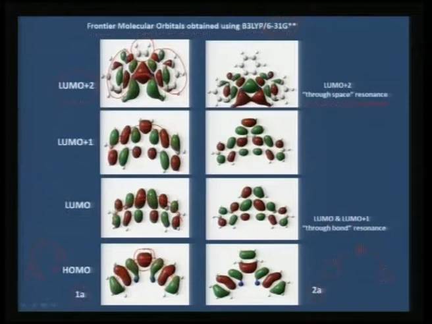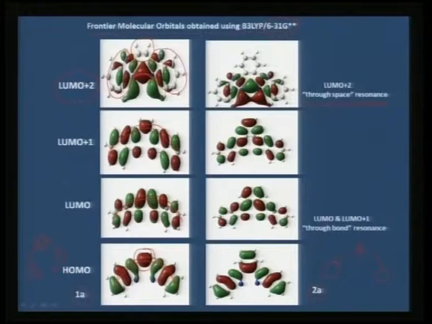Now, this is not only true in the case where you have sulfur sulfur in adjacent positions, in cis positions with an ethylene linker. Suppose you try to push it away by introducing a phenyl linker, then even in terms of phenyl linker, you would see here the charge resonance is through the bond across the linker molecule, and it is the same as in the case of 1A compound.